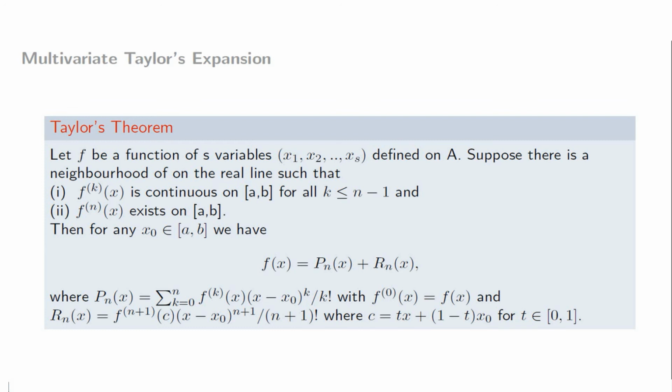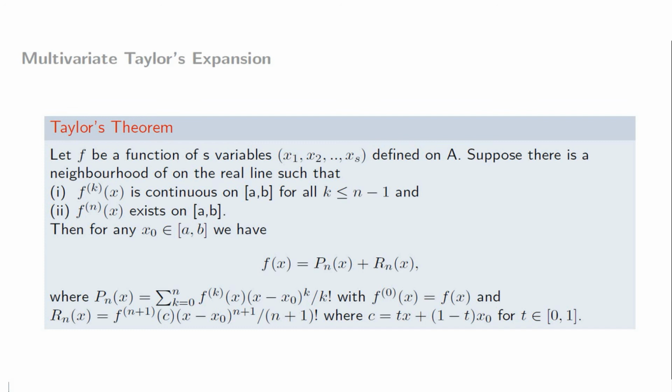Let f be a function of s variables, and suppose there is a neighborhood of a such that f and its partial derivatives up to order l plus 1 are continuous in that neighborhood. Then for every x belonging to that delta neighborhood, we have f(x) equal to f(a) plus the summation k from 1 to l of 1 by k factorial multiplied by the transpose of (x minus a) multiplied by the nabla operator, whole thing to the power k, acting as an operator on f(a),